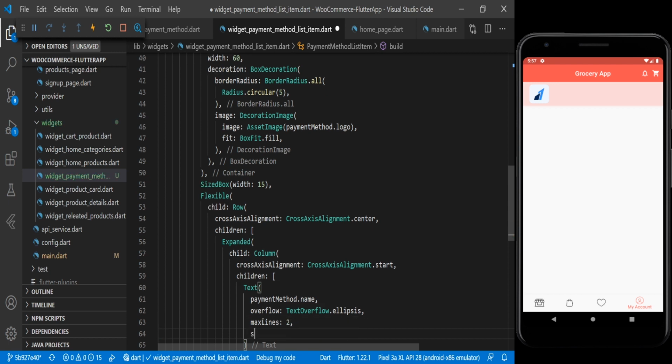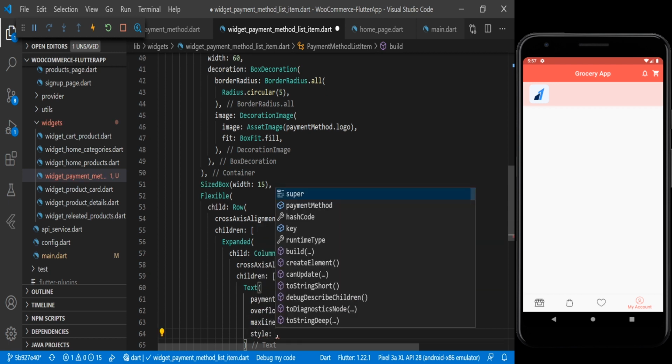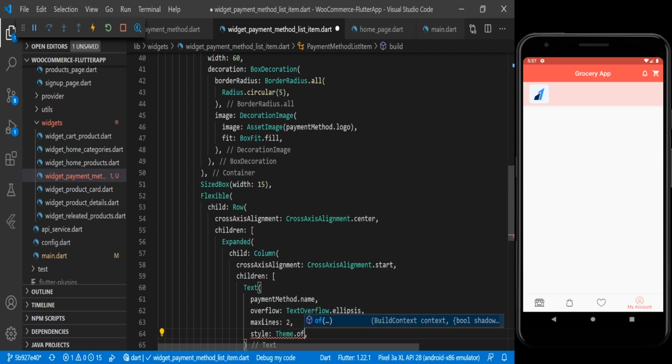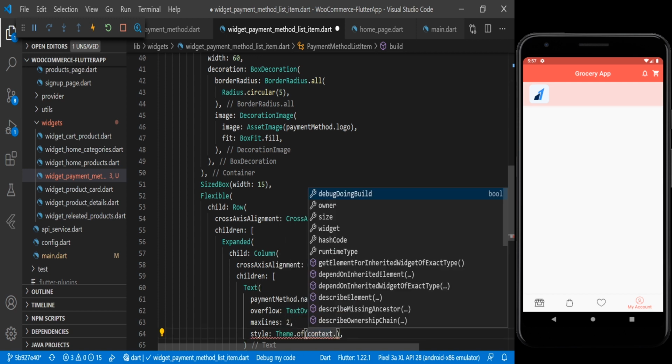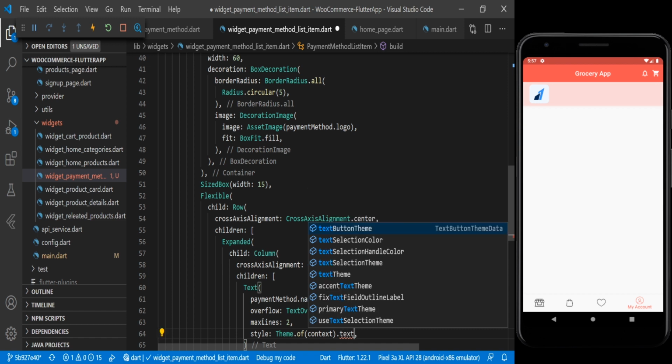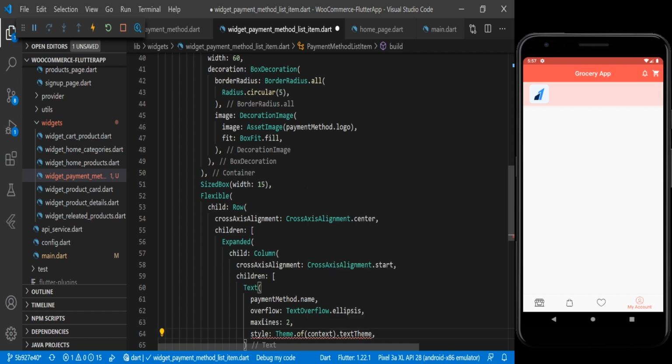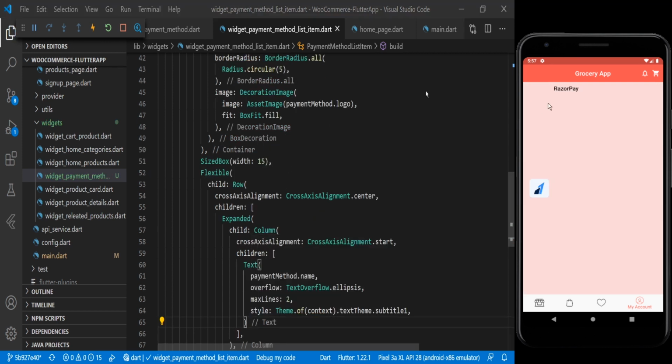Then we have the style here, and for the style we are using here theme of context dot text theme dot subtitle 1. Now you can see in the screen that text is also coming here and the icon is also coming here, but not in a proper layout.